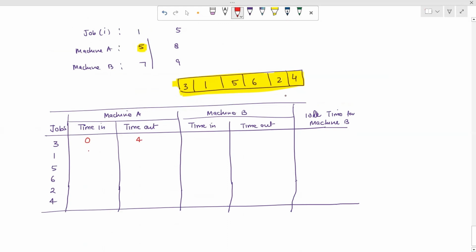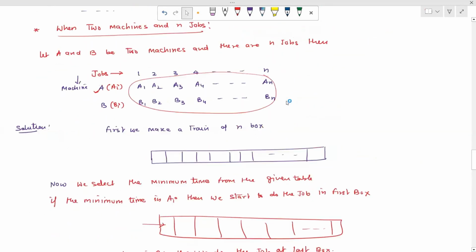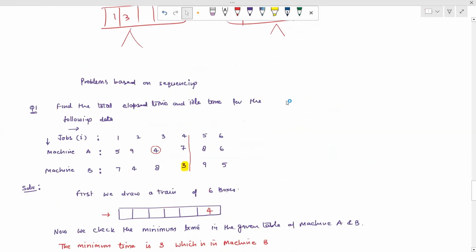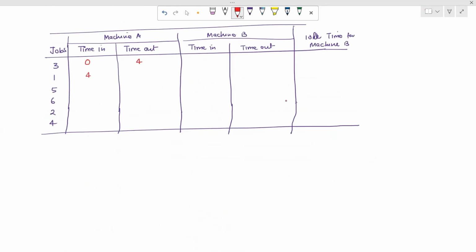तो मतलब जॉब 3 के लिए 4 आवर टाइम आउट हो गया, तो जॉब 1 कहाँ से स्टार्ट होगा? 4 से स्टार्ट होगा, जहाँ पे ये टाइम आउट हुआ है। और जॉब 1 के लिए कितना टाइम दे रखा है? जॉब 1 के लिए 5 आवर्स, तो टोटल टाइम आउट कितना होगा? 4 से स्टार्ट हुई, 5 आवर टाइम दे रखा है, 4 + 5 9. So now this job 5 starts from 9।